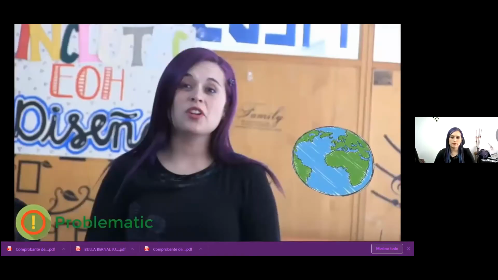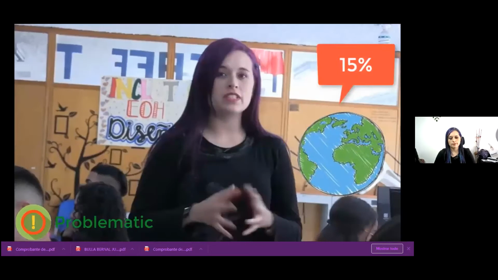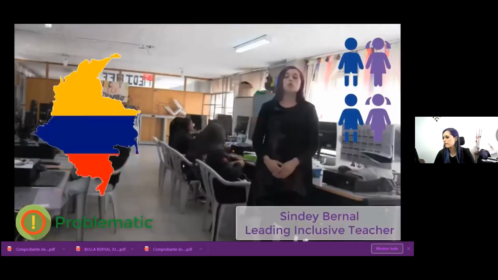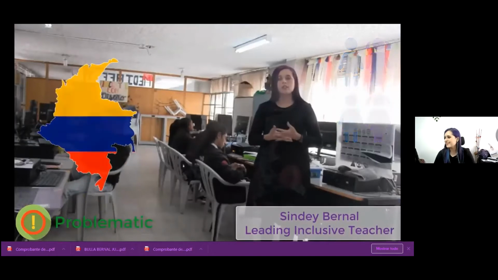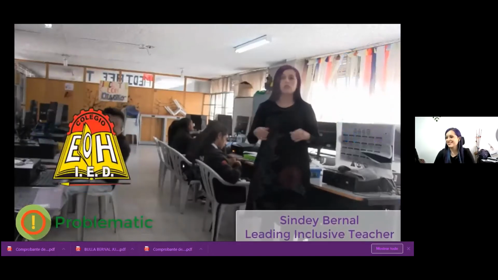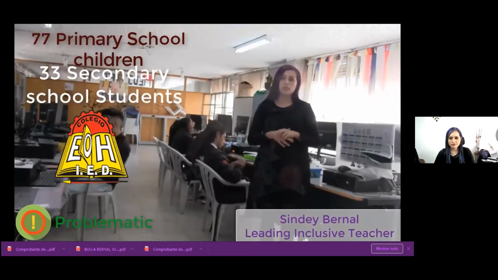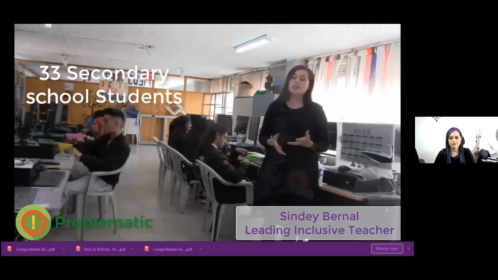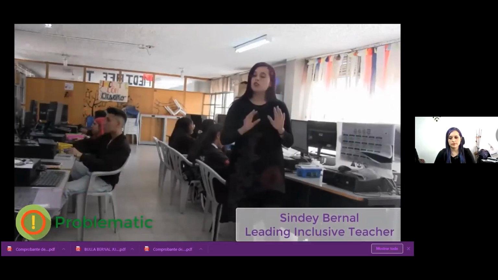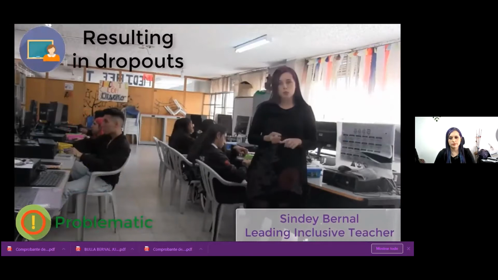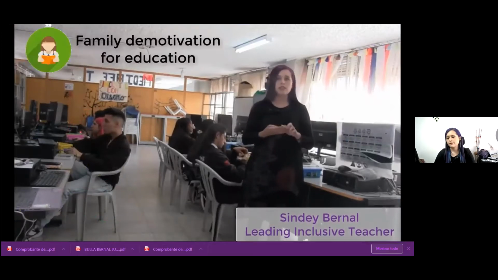You know that 50% of the world population have some kind of disability. In Colombia, in 2015, approximately 3 million persons registered on the disability register. In our institution, we have 77 primary school children and 33 secondary school students with disability. Materials and resources for students, teachers, and parents are not available, resulting in poor academic performance, disciplinary difficulties, family